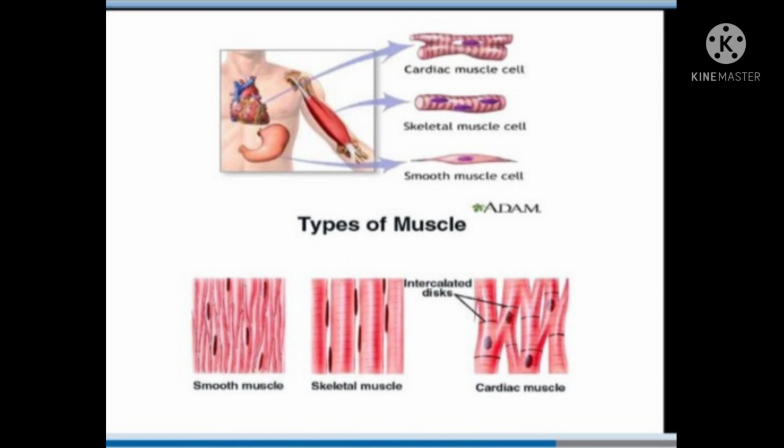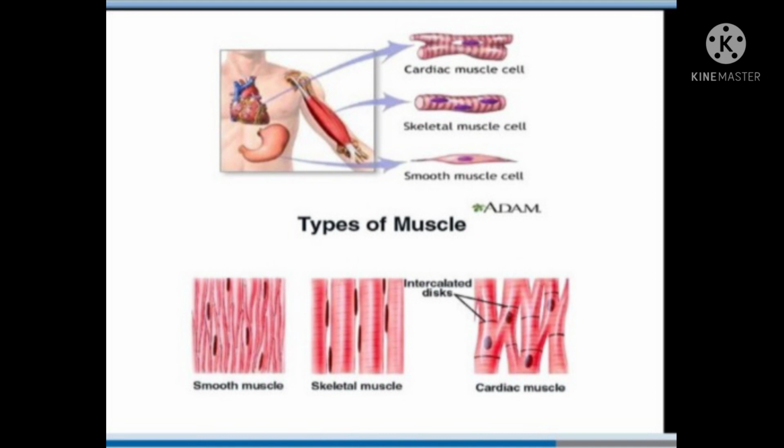These muscles are also called skeletal muscles as they are mostly attached to bones and help body movements. These muscles show alternate light and dark bands or striations. As a result, they are also called striated muscles. The cells of this tissue are long, cylindrical, unbranched, and have many nuclei in the body.